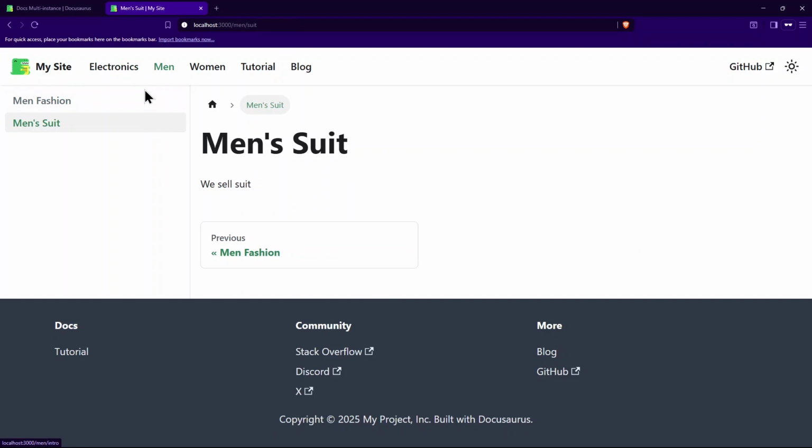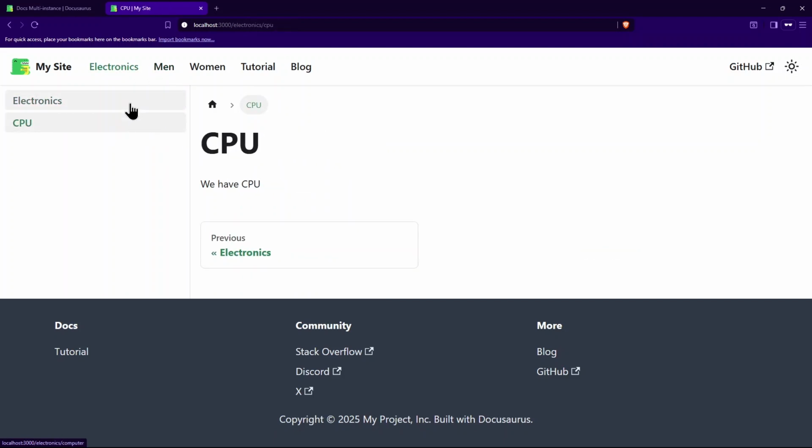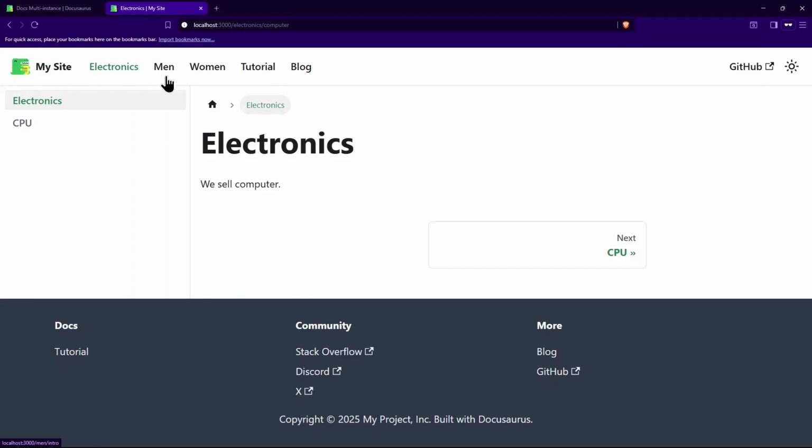You see that we have it here automatically from Docusaurus. But if you want to create a page, create a document without a sidebar, you can manually add